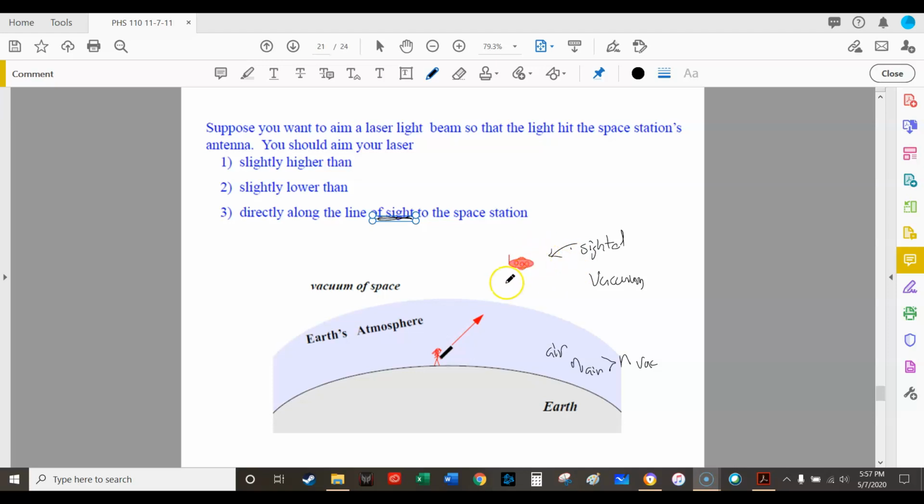Anyways, back to this. So where should you aim your laser beam in order to hit this space station? At where you sighted it, or below where you sighted it? So first of all, let's think about this for a second. Where is the actual space station? Let's make the problem a little bit more complicated, okay? Well, we know when the light rays, this is the less dense medium, it's going to come in, and in this case,